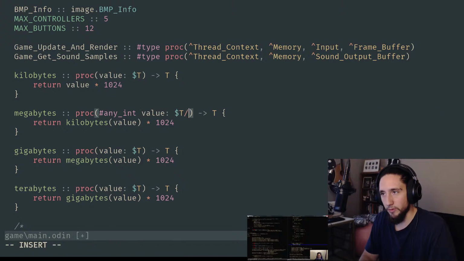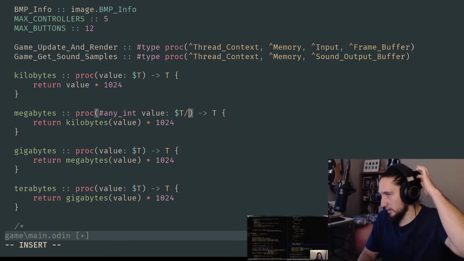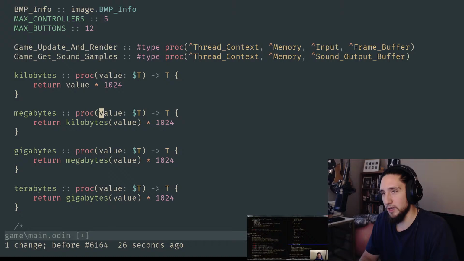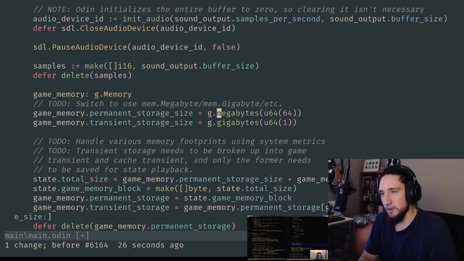So could I do this thing where if I backslash the parametric polymorphic parameter with whatever that descriptor is that says it's an integer, then this is any int. Basically, the idea is I can say that this parameter will take any kind of int, and it doesn't matter if it's a U64 or U32 or an I32 or whatever. I had just seen that over the weekend for the first time, and so I could use that. But the point is I'm going to switch off of those to using these mem calls or these mem constants anyway. But I guess it would be,